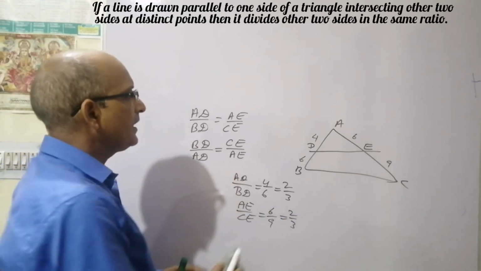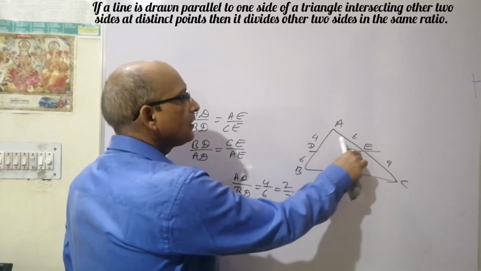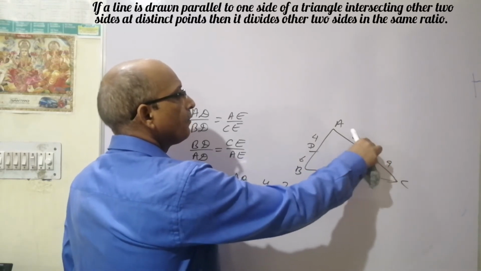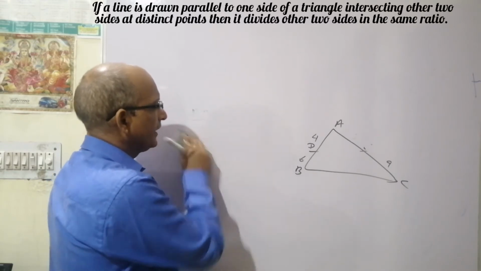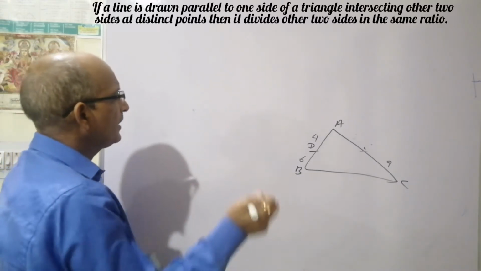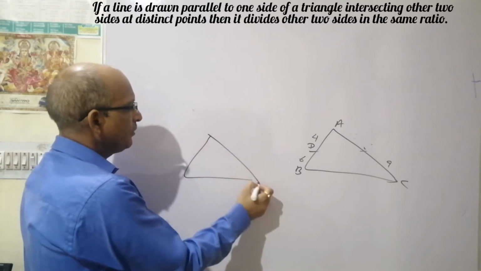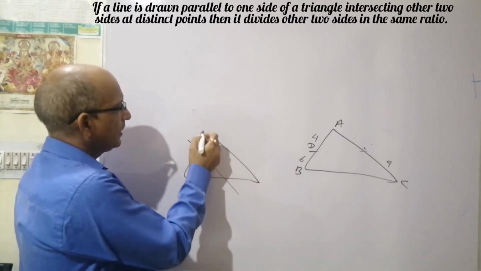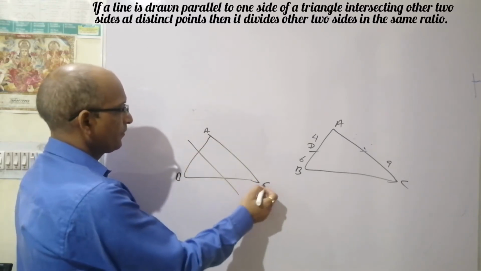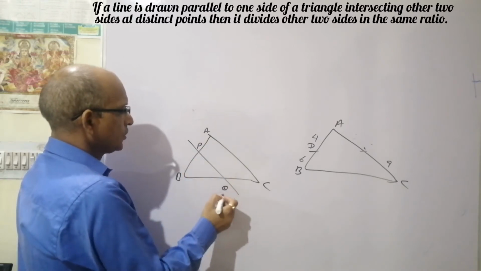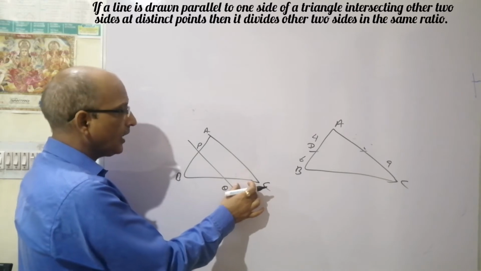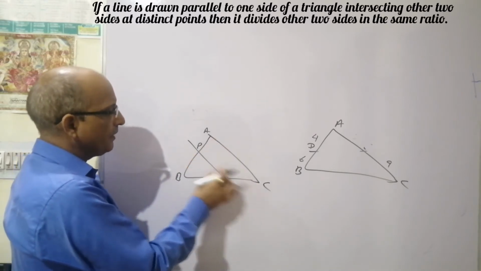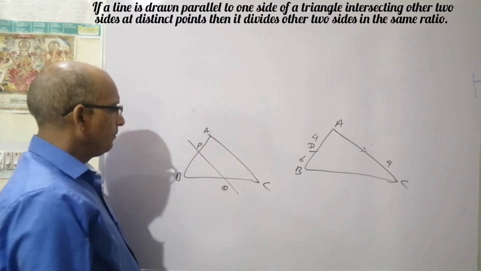Now I would like to highlight, it is not only that the line is drawn parallel in this way to one side. Let's say I am taking another figure for it. If I take another figure, say you have drawn this time in this way, say it is PQ. So obviously BP upon AP will be equal to PQ upon CQ, or AP upon BP will be equal to CQ upon BQ.